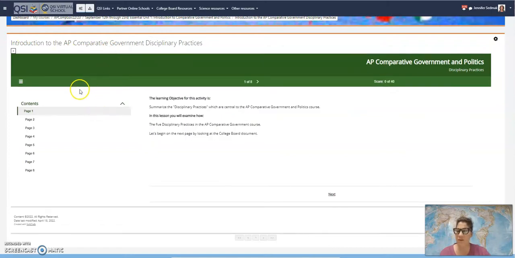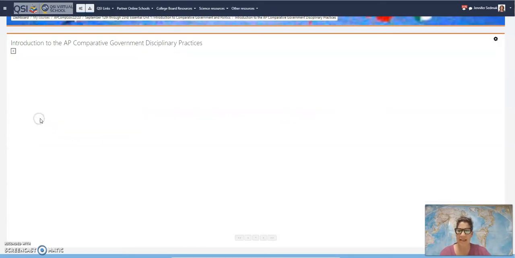And then with this SCORM, there are 8 pages. So make sure that you work through all of them, and then there are 40 points in total. Now, with free response questions in these SCORMs, you type them in, and then I add scores to your point total. Okay, and I'm just going to take you to the next page so that you can see